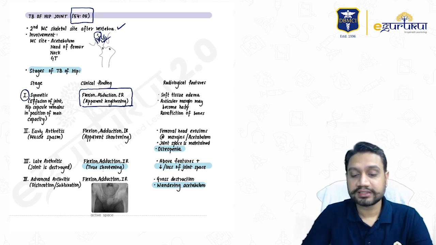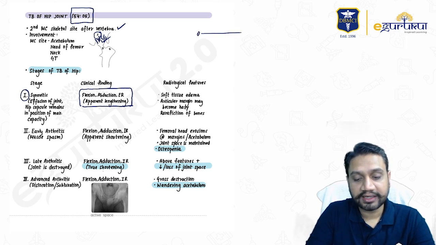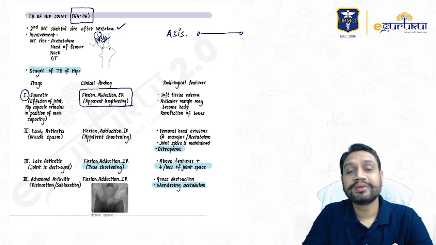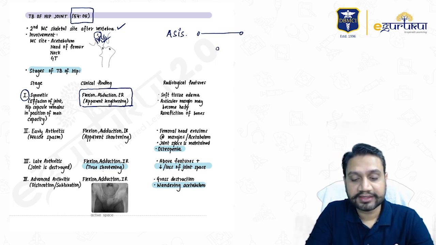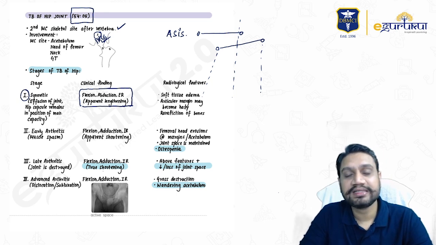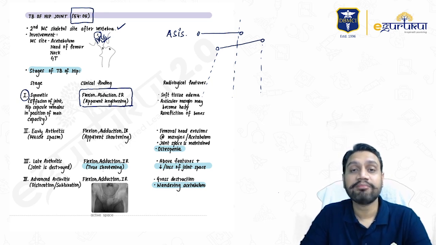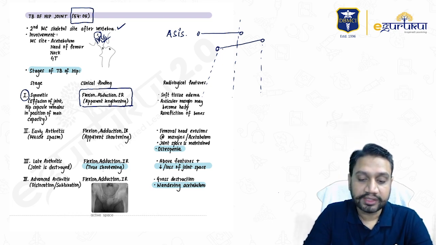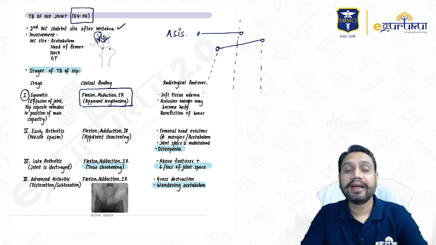Now, we discussed in our classroom that in the abduction state, the ASIS is kept at the same position. So you measure the limb. But now, whenever the patient tries to abduct the hip, what will he do? He will tilt the pelvis down and then try to keep the limb away. That is abducted. This is a midline and this leg is straight. So this abduction deformity seems to be showing that the length of the limb is somewhat increased. But in actual, it is not increased because the patient is trying to keep the limb away by tilting his pelvis down.